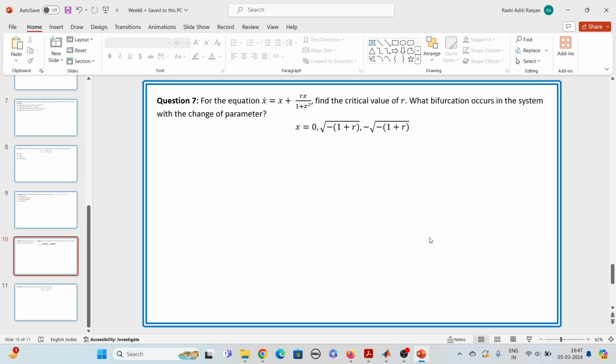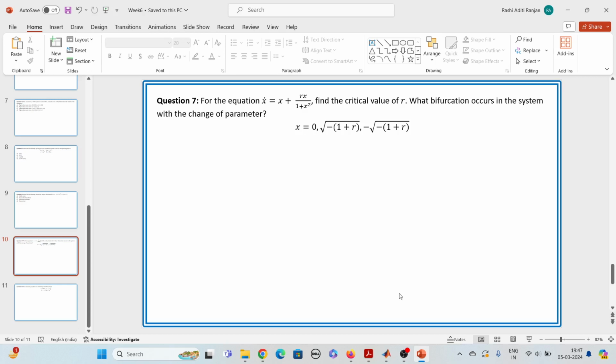And from that variation, I can predict whether the system is having some kind of bifurcation or not. For example, for this kind of system, when I used MATLAB, I knew that for r greater than -1, what was happening? The system was having only one fixed point, that was 0, and it was unstable because if I perturbed it by a very small amount from 0, it was going to go to infinity in both the positive and negative direction. However, when I took r less than -1, what happened was that now I was having three